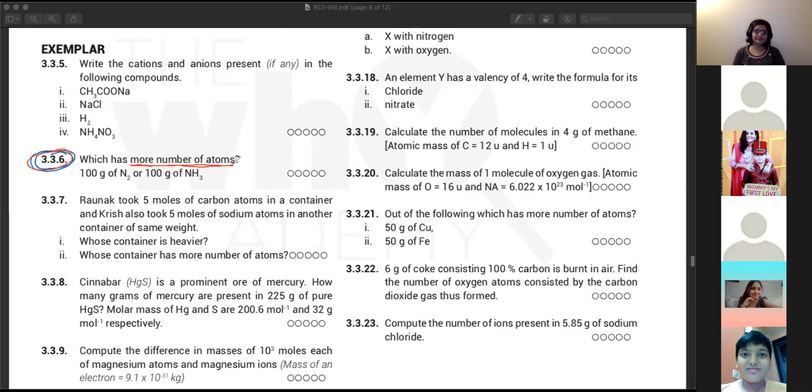Ma'am, you said that while solving, there's no point of multiplying the Avogadro's number, so that's why I wrote the moles. But that will work. Avogadro's number, there's no point of multiplying because it's the same constant you're multiplying. But there's a different number that gets multiplied, so you need to take that also into account, with Avogadro's number, because it's asking for the number of atoms. So first find the number of moles of N2, then find the number of moles of NH3.